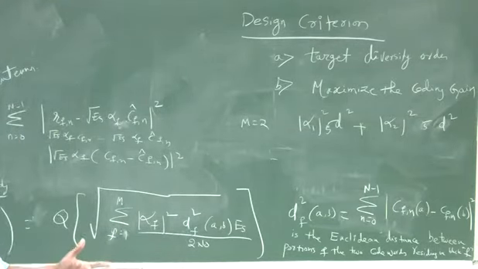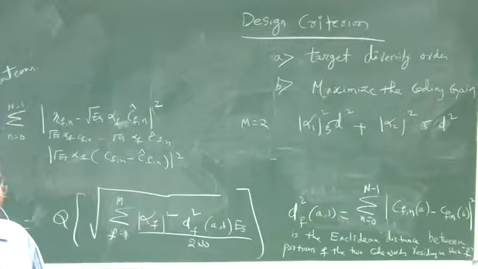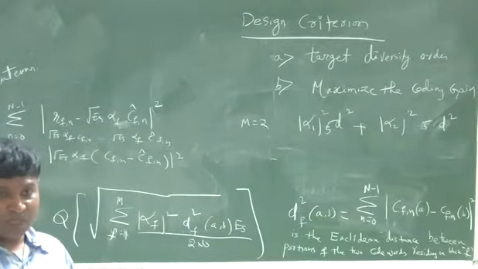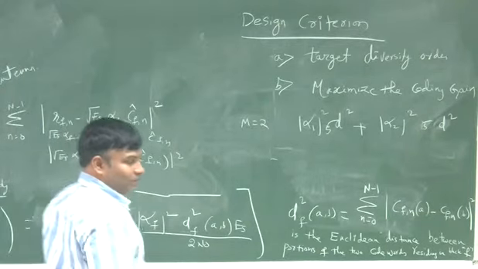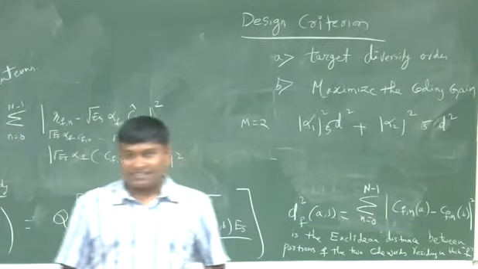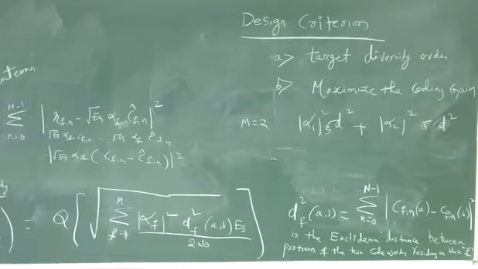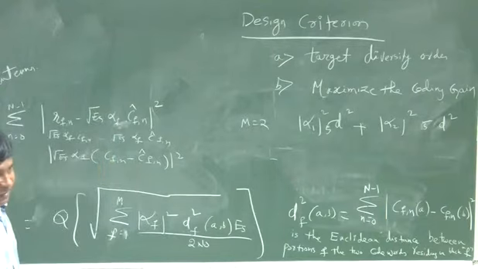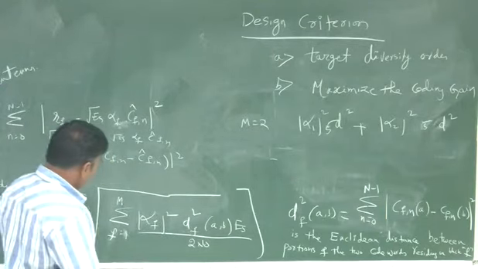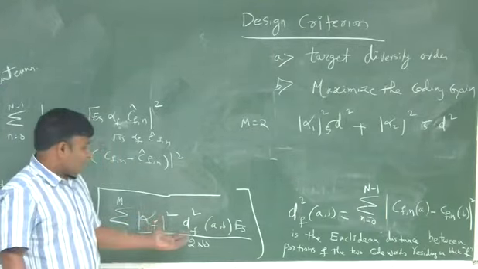If you have a sequence of numbers and you want them to be as equal as possible, the geometric mean should be equal to the arithmetic mean. And then they are as equal as possible. That means they are all equal. That means the geometric mean should be as close to the arithmetic mean. That's what it means. That we will derive mathematically in a moment, but it's obvious, more or less.